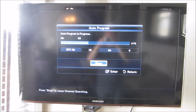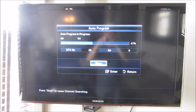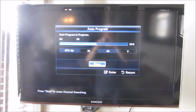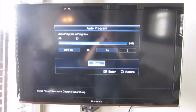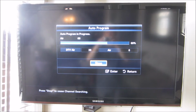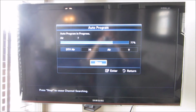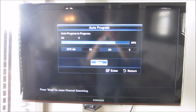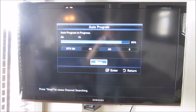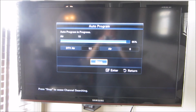So this is looking good here. We're up over 30 channels now, close to 40 channels. Still scanning, about halfway through. Oh, then we have 40, 43. 53. Wow, so that's